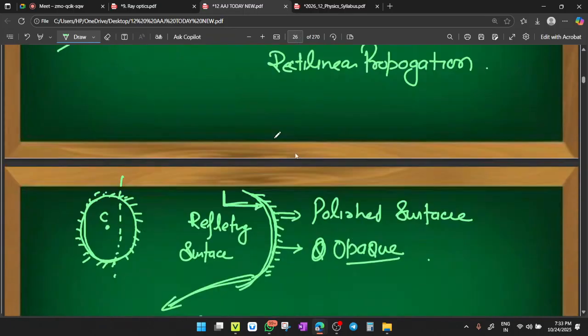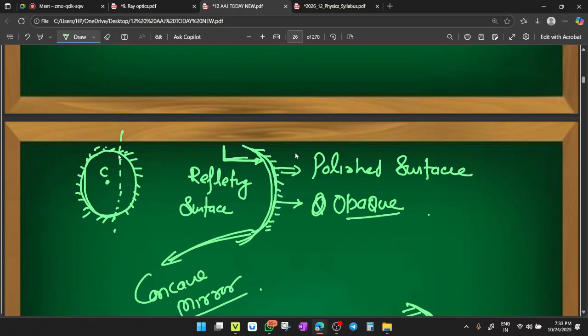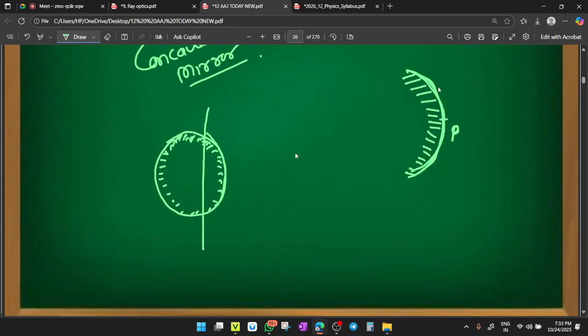In the case of concave, the reflecting surface is focusing toward the center of curvature. Yes or no? Center of the sphere. But now here the reflecting surface is not focusing towards the center of a sphere. Rather, this polished surface is focusing towards the center of curvature. Yes or no? Center of a sphere. So here it will be the center of a sphere,